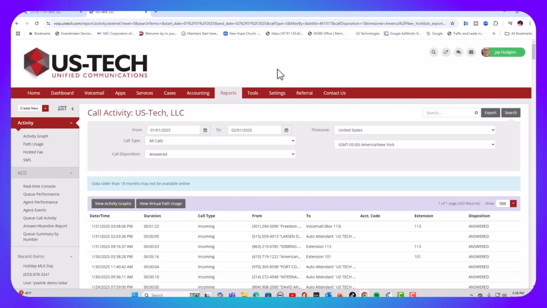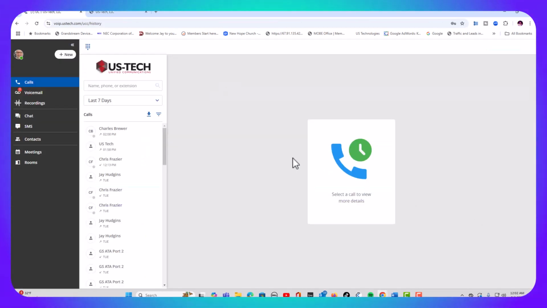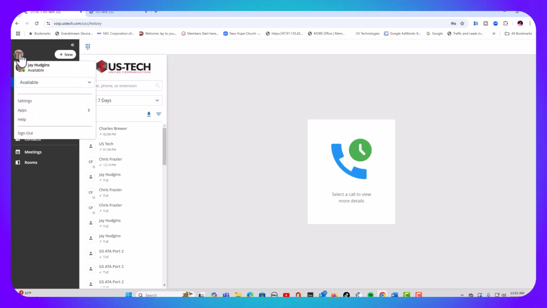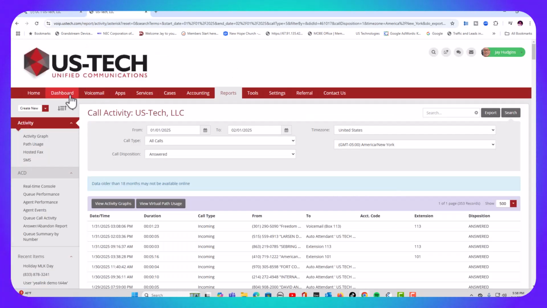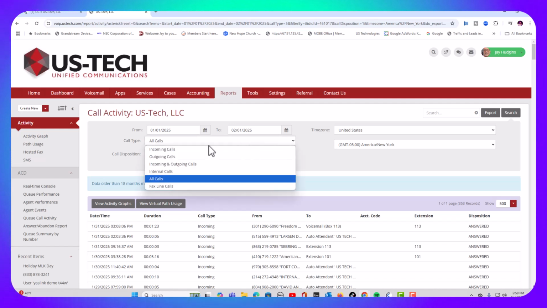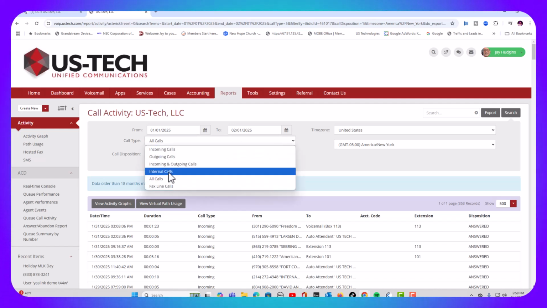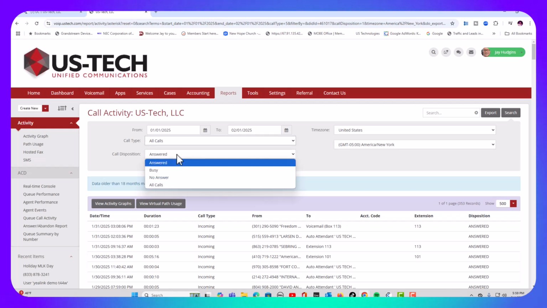Now let's look a little bit at the Automation Manager. And remember, to get to the Automation Manager, you're going to click on your initials up there, click on Apps, and then Automation Manager right here. What you can do on these tabs up top, really the only ones you'll be using are Services, Settings, and Reports. Here on Reports, if you click on that, you can filter dates, inbound calls, outbound calls, who answered it,